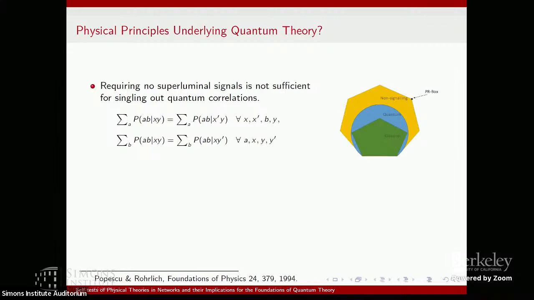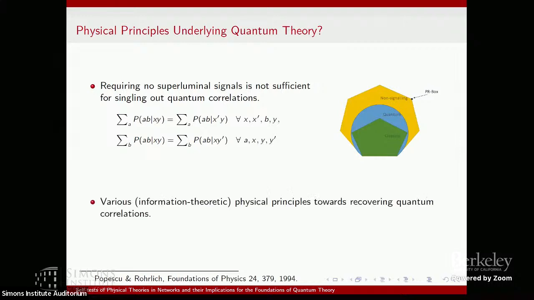And usually the idea is that, okay, if you would have these more general correlations, for instance, this PR box, this would have consequences, for instance, for information processing and for other things you could do. And then if you find that these consequences are unnatural, then you can argue that because of this, maybe we are dealing with quantum theory, and from a more physical point of view than just, okay, we don't get the thing we want. Okay, but then, this I just said, but somehow this doesn't completely work.